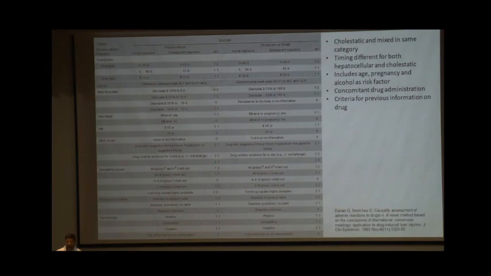After the stoppage of the drug, there was also another different timeline, like 30 days in hepatocellular and 180 days in cholestatic. Risk factors, which were alcohol, age more than 55 years, and pregnancy, have been omitted in the recent RECAM score, as they did not find the odds ratio to be high enough to be included in the recent score.